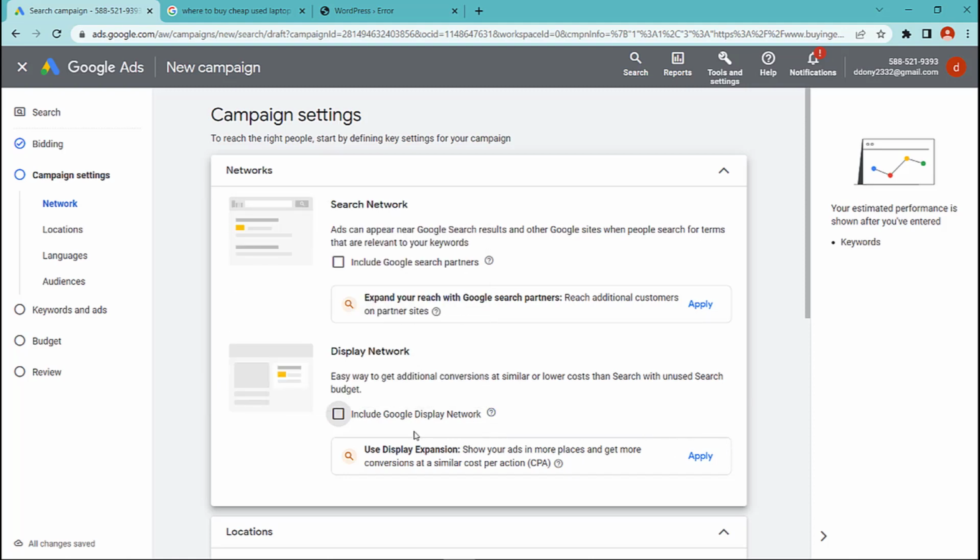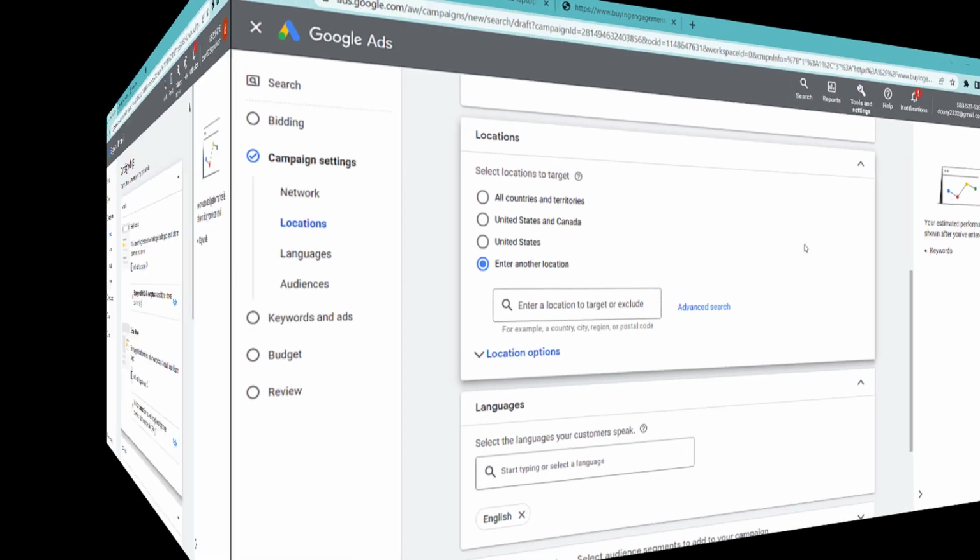I would disable this because it can waste your money. Again, if you want a display campaign, go ahead and make one, but make it separate, don't include it in the actual search campaign.